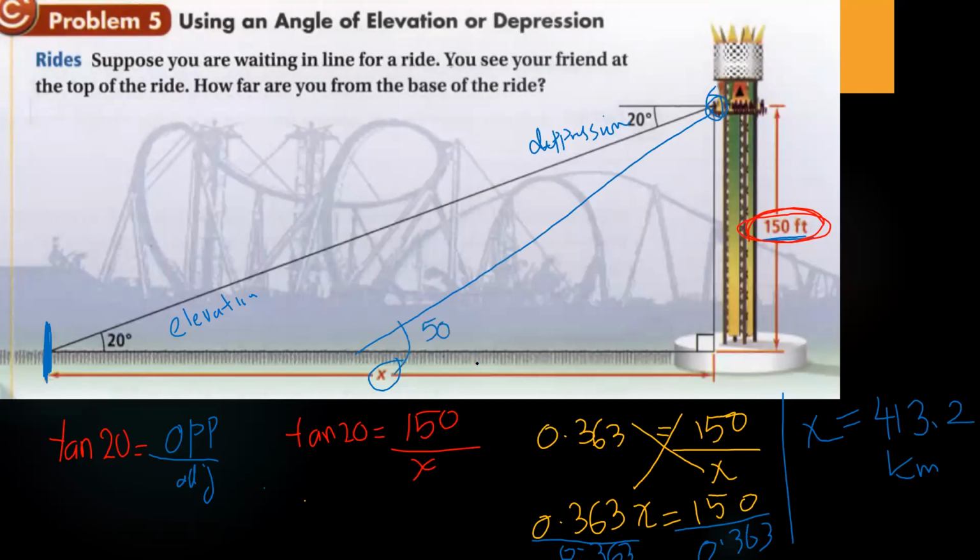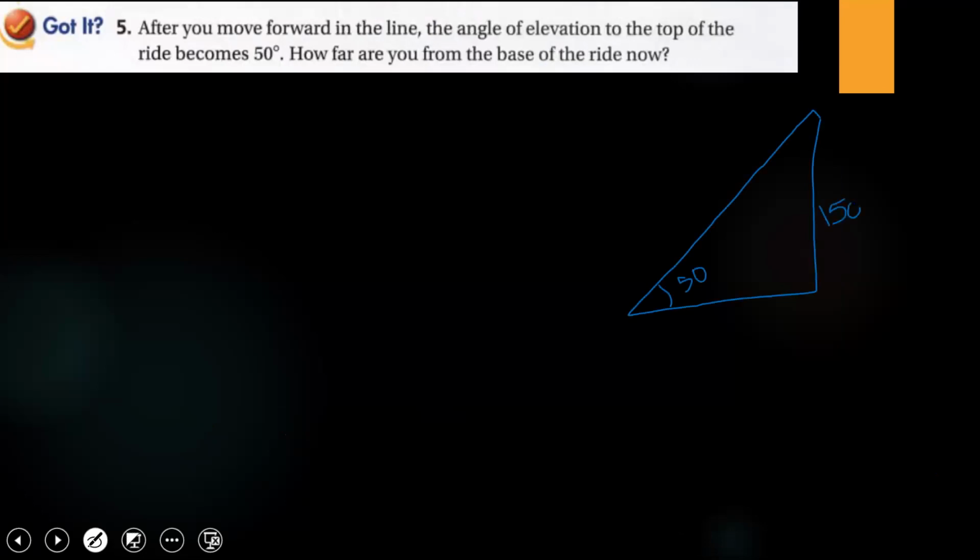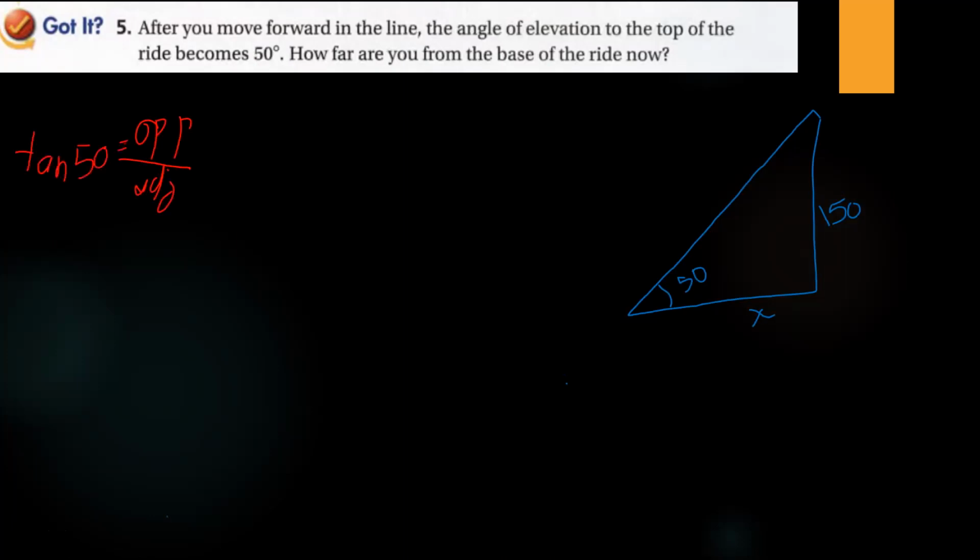So I want now to find the distance. I have a new triangle here. Here we have 50. Here we have 150. And I need to find this x. How? I have an opposite and I have an adjacent. So I will use tan. Is it right? Tan of 50. Yes, teacher. Yes. So then, tan of 50